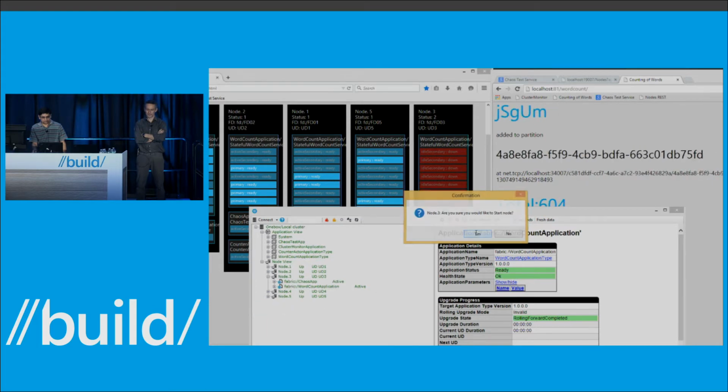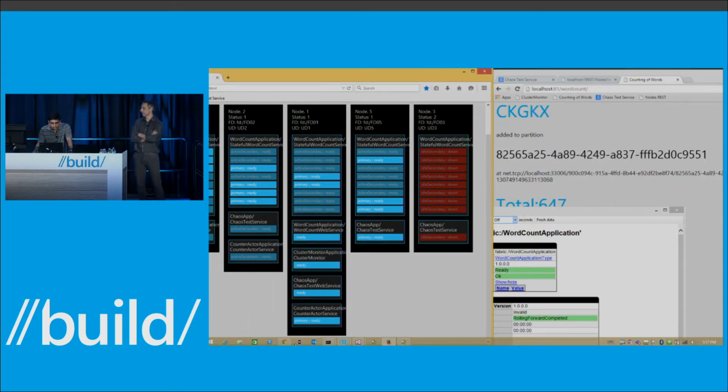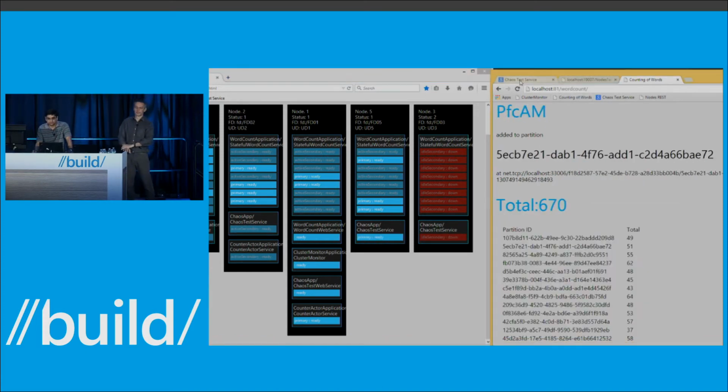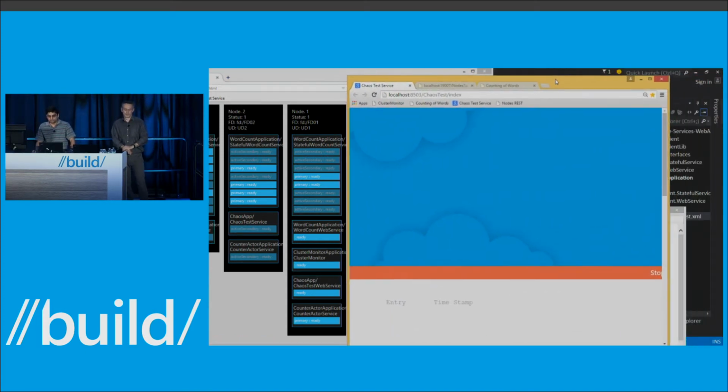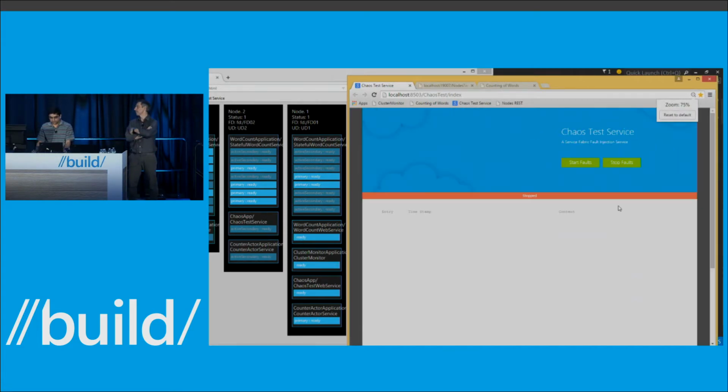Then what I'm going to do is enable, in order to test your application, so first of all, writing stateful services is hard. We have made it very simple using reliable collections, but there are still certain things in your business logic that you have to take care of when a failover happens. And you may say, hey, the failover happened, but I am not sure whether I'm doing the right thing, so I want to test my service.